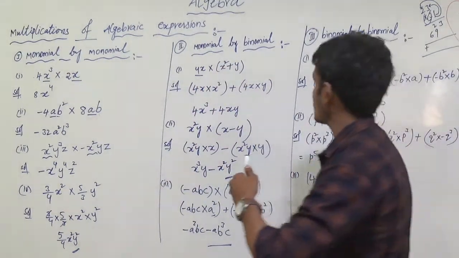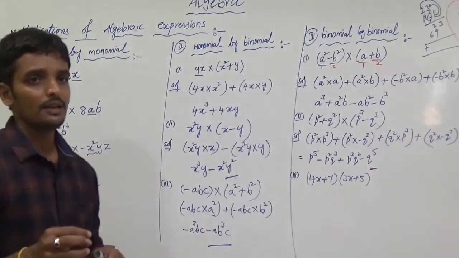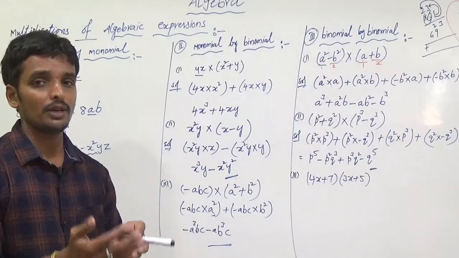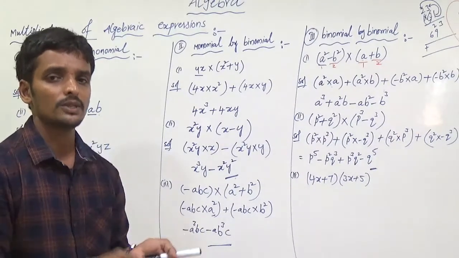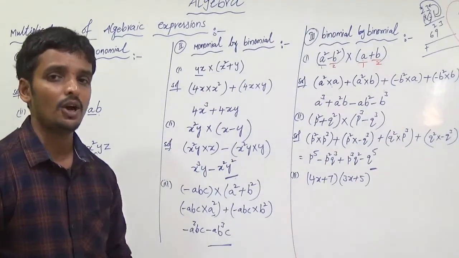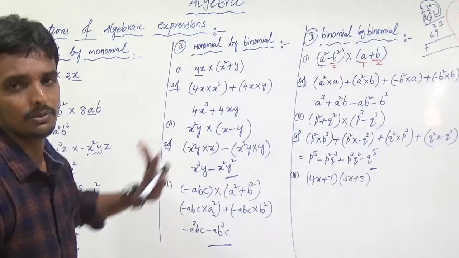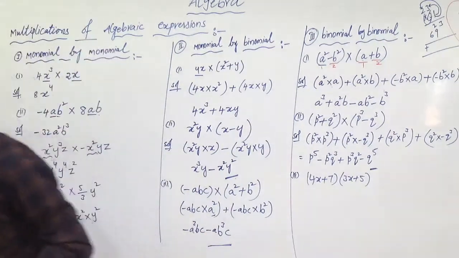So after the third heading, binomial, I am not giving the headings, but I will give the problems of the next step, trinomial by trinomial. I am giving 3 terms by 3 terms. How can we solve? 3 terms by 4 terms, 3 terms by 5 terms, 4 terms with 5 terms, 5 terms with 5 terms. We can discuss some more problems in this multiplication of algebraic expressions. Have you understood, students? Okay, I will erase the board.